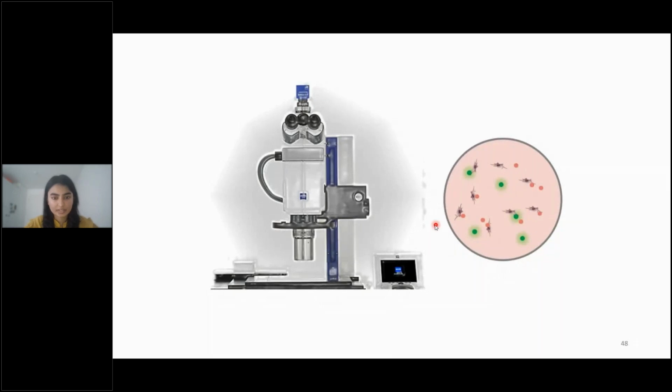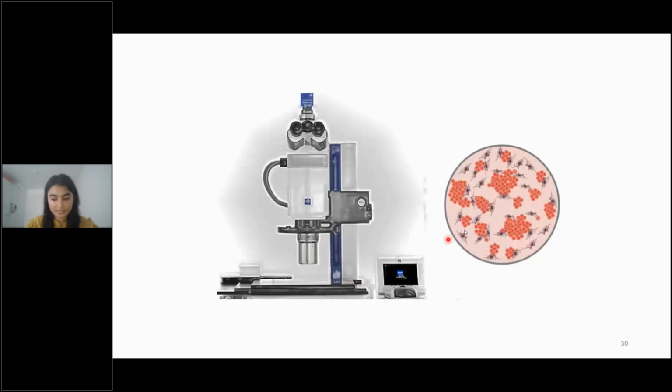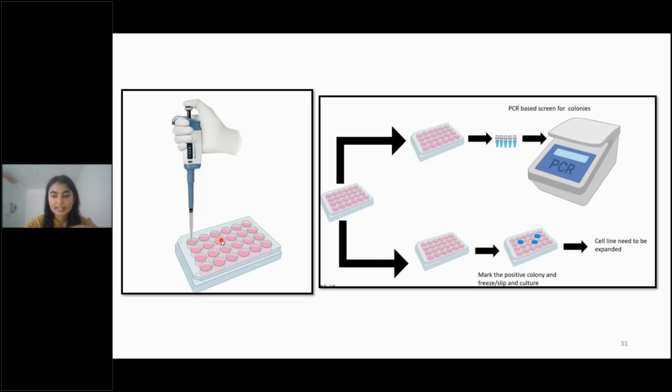So what we do is FACS sorting. Here we sort all the good cells, and we throw out all the bad cells, and then we get nice colonies which are all properly positive cells. For example, if this is one colony, this is one colony, we plate one colony in one plate. So we put individual colonies, and as the colonies grow more, we split them up. We take more plates, and then we can use PCR to check if there is a knockout or not, or if there is a knock-in or not.